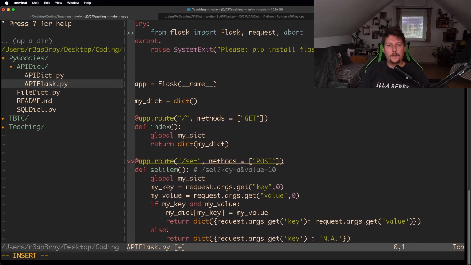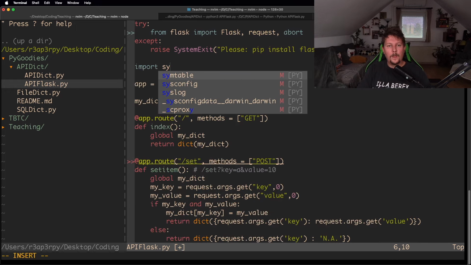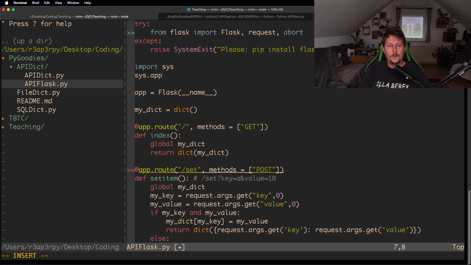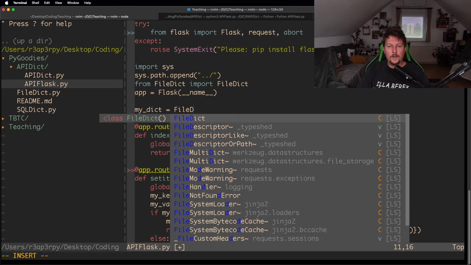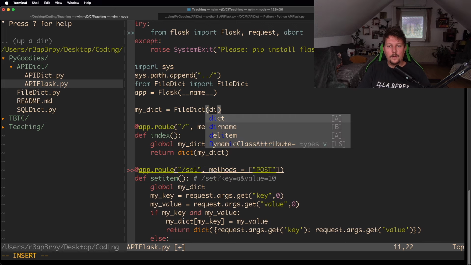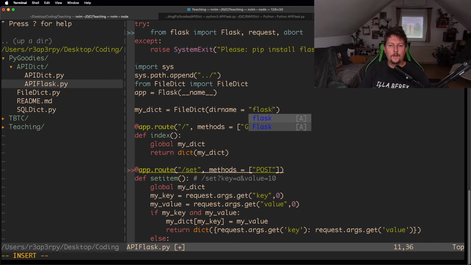So in order to do that, in this current folder structure, we have to import the sys module and use the sys.path.append. And I would like to append the directory one level higher, so that I can do from filedict import filedict, and then I can change my dictionary to filedict, and the dir name is going to be flask-dict. Let me save it,